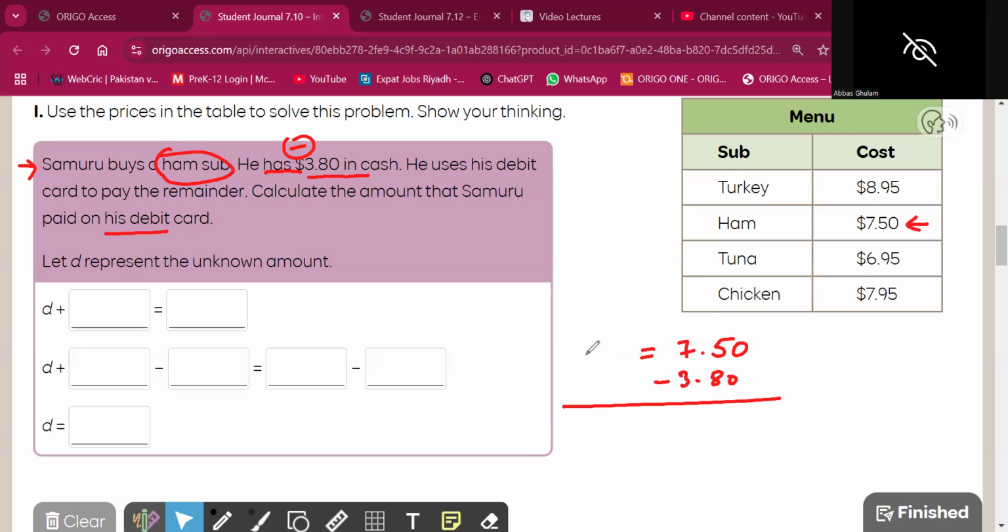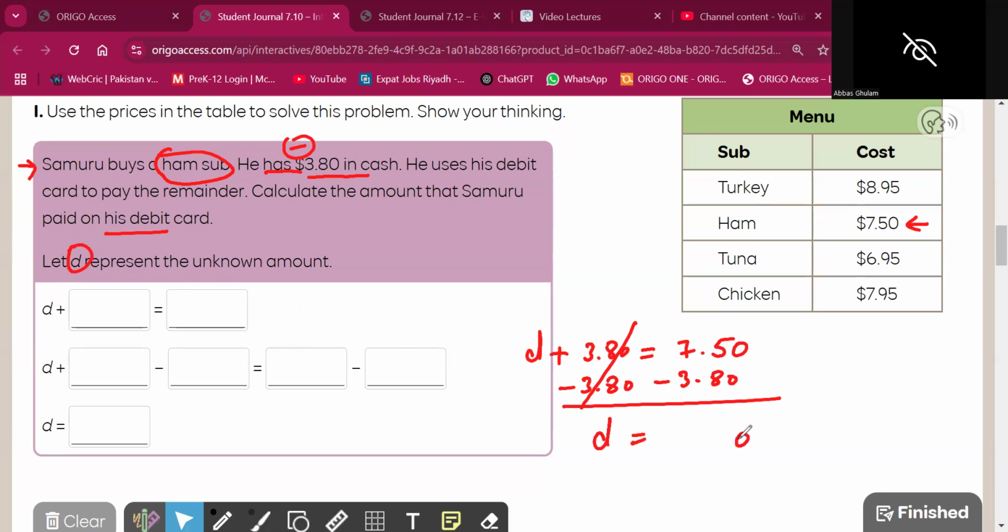What did I write here? Minus. What is the opposite of minus? Plus. What is here? 3.80. What variable are we using for paying by debit card? D. What is the opposite of plus? Minus 3.80. I cross this out. They are inverses of each other. So what is left here? D equals